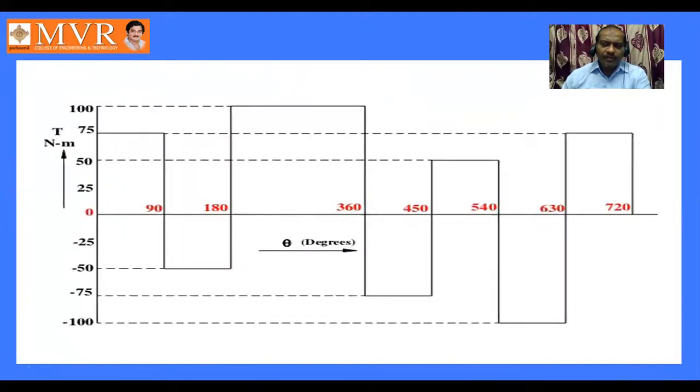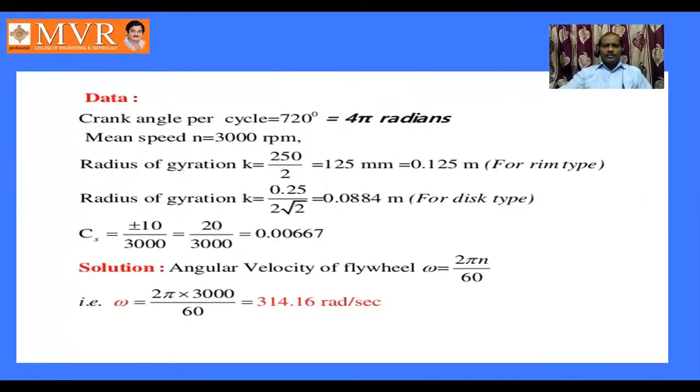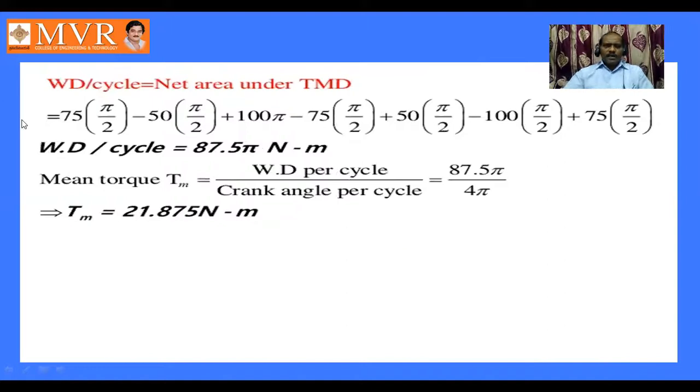Then what is the thing to be observed? You have to find the weight of the rim type and the weight of the disc type. This is the relation for radius of gyration: for a rim type it is 250 by 2, and for a disc type it is 250 by 2 into square root of 2. So how to convert this into energy values? That is